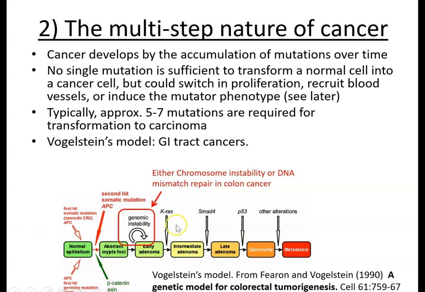Now, when these subsequent mutations occur, they only occur in a minority subpopulation. So this KRAS mutation might have only occurred in 1 out of 1 million cells that are in this early adenoma. And then this SMAD4 mutation might have occurred in only 1 of the 1 million cells that have got a KRAS mutation. So you end up with huge amounts of heterogeneity across a tumour, but the tumour itself appears very, very heterogeneous as dominant clones outgrow,